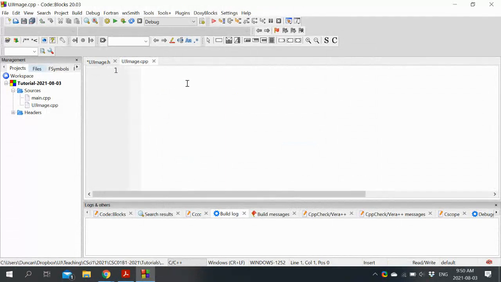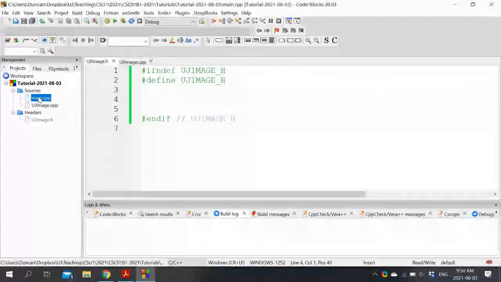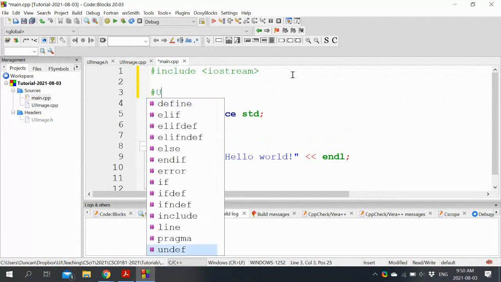And as with libraries and everything else, we just link everything together. And likewise in main, eventually, we too will bring in our UJ image.